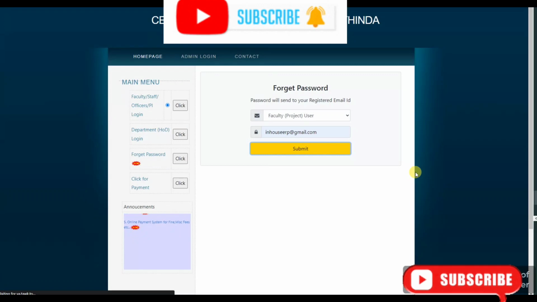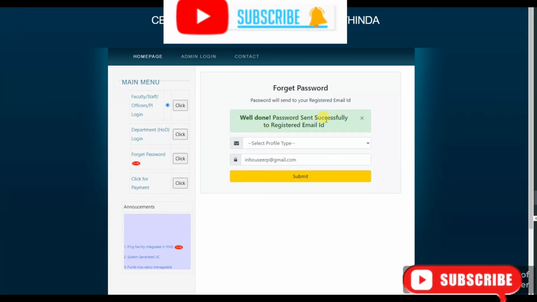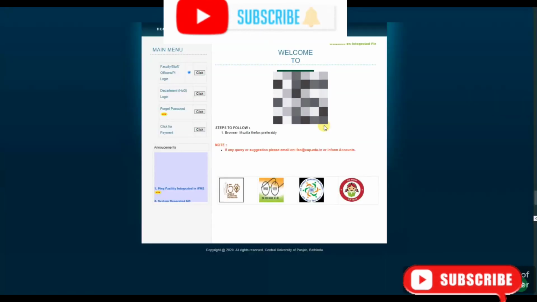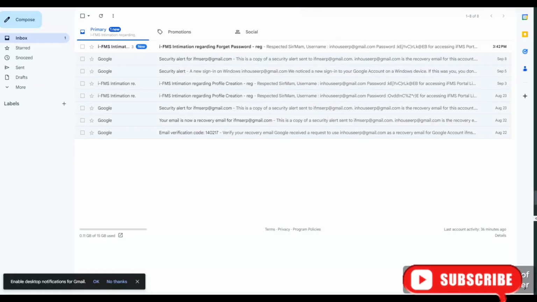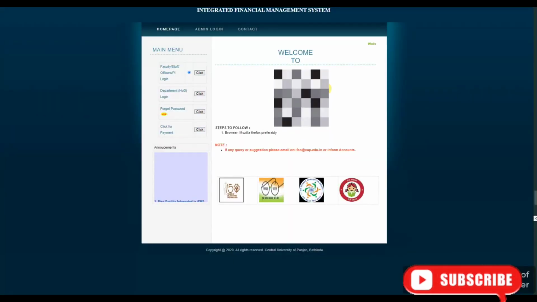Within a few seconds, now you see password sent successfully to registered email ID. In my case, that is InhouseERP@gmail.com. Now you see the system retrieves the password from the database and sends it to the registered email ID. This is the password. This is the link to login,